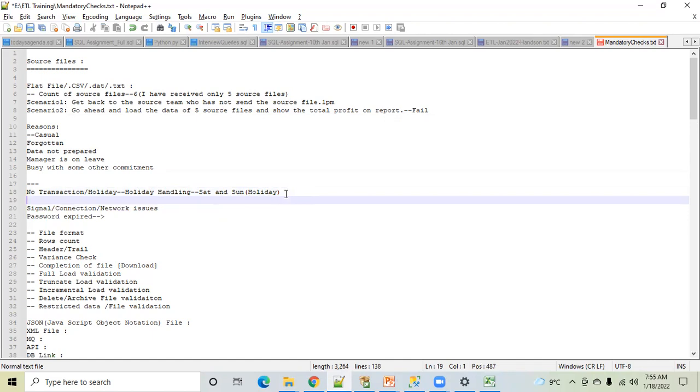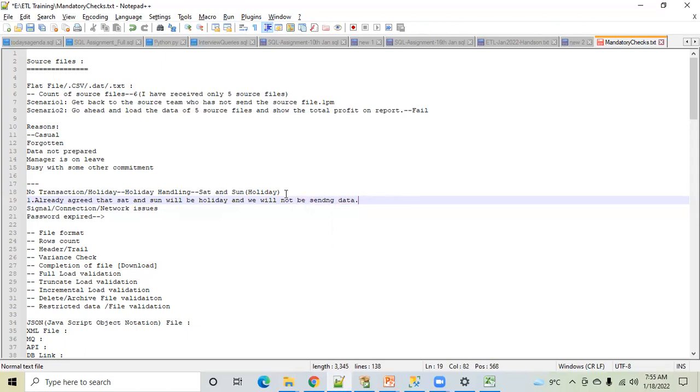First, it has already been agreed with the sources that Saturday and Sunday will be holiday, and we will not be sending you data.